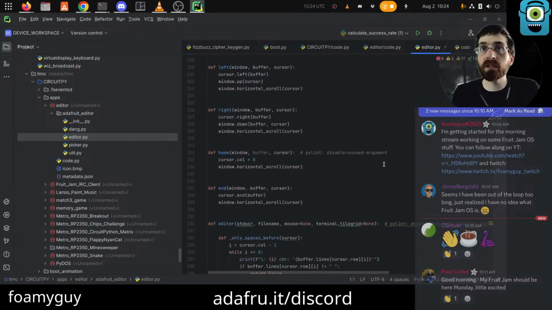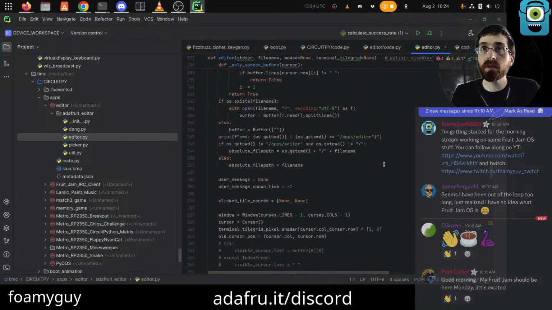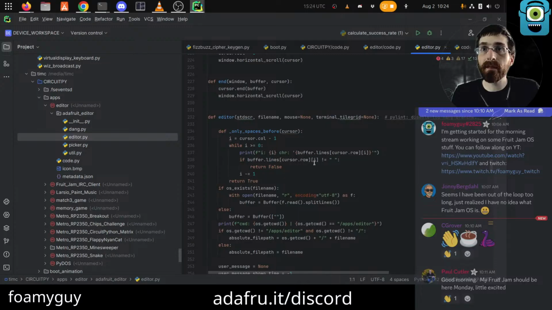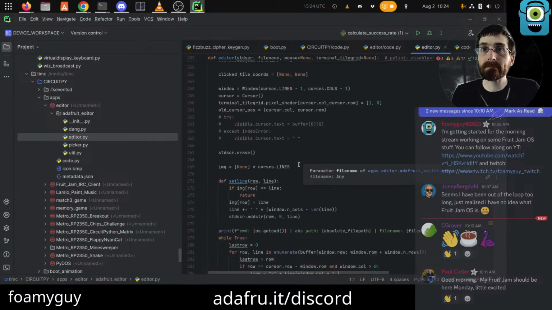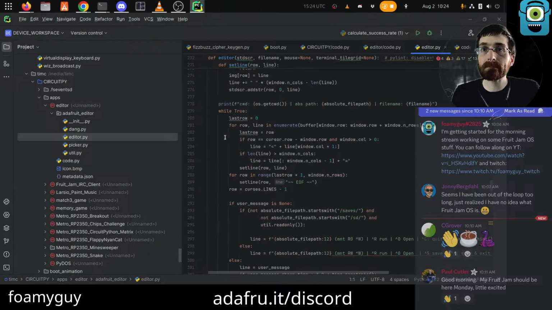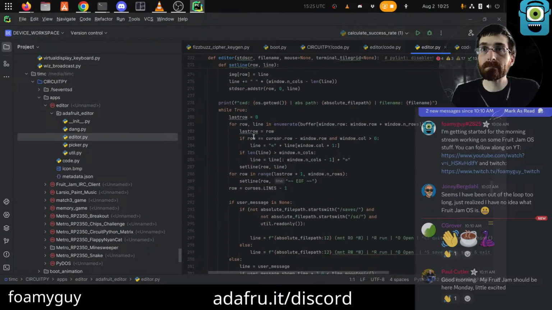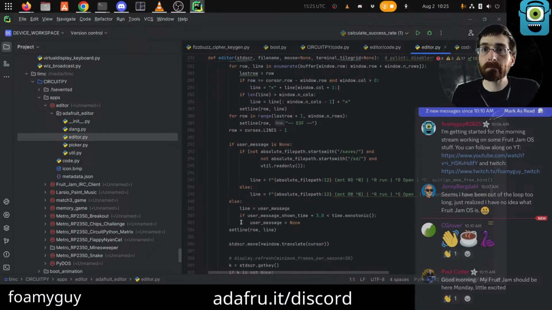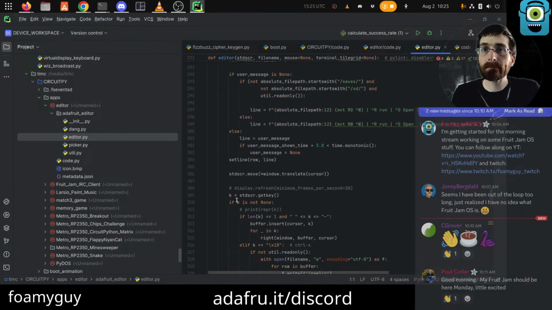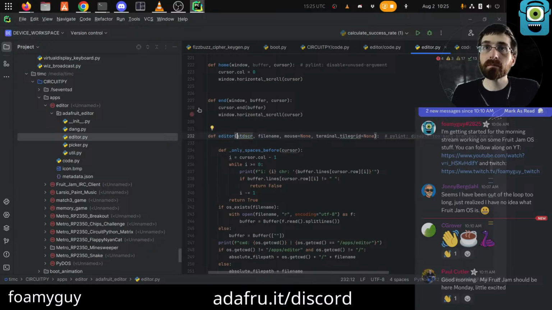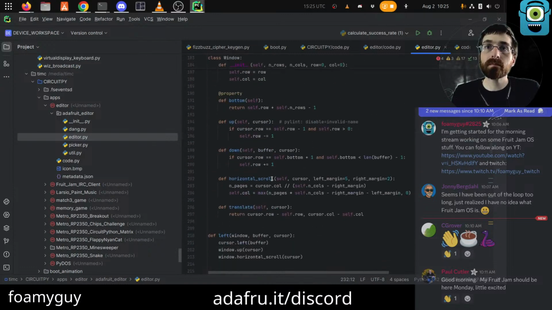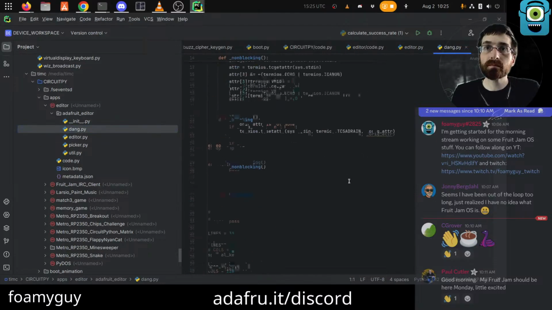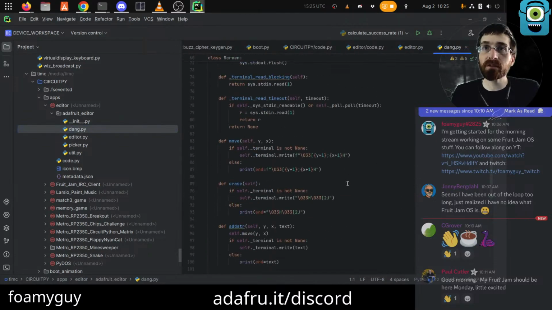right now the way we get keyboard input, it's buried in here somewhere.